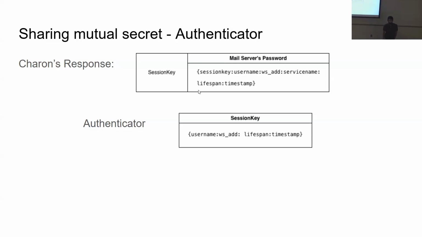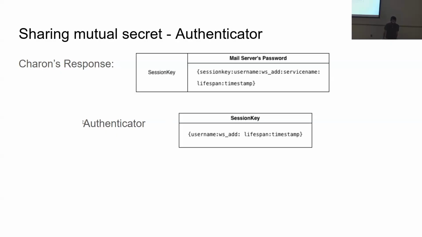So okay, why does a man in the middle attack happen over here? Because this session key is unencrypted. It's like in plain text. So if someone gets a hold of this, they can just replay all of this using a man in the middle attack. So to circumvent that, instead of Bob directly passing on the session key, Bob creates something called